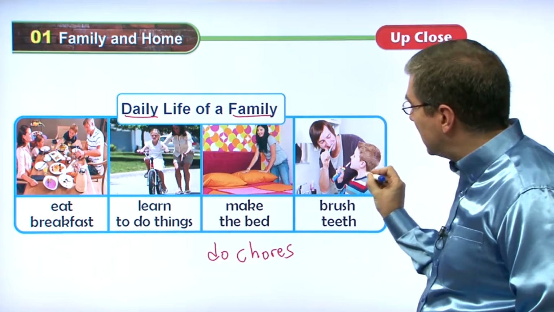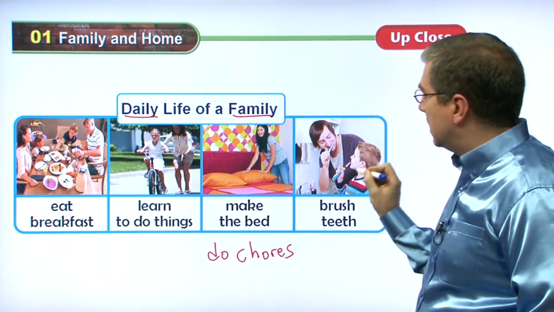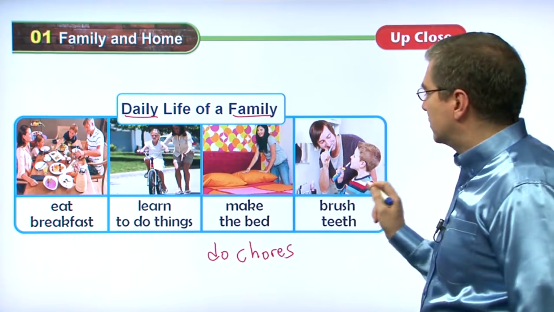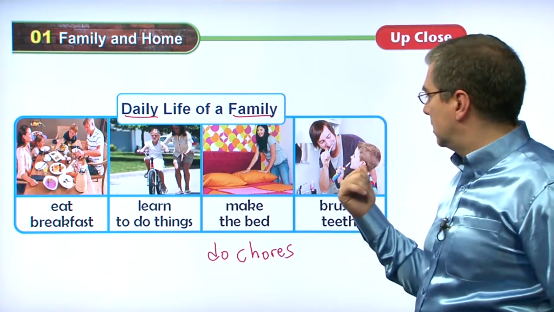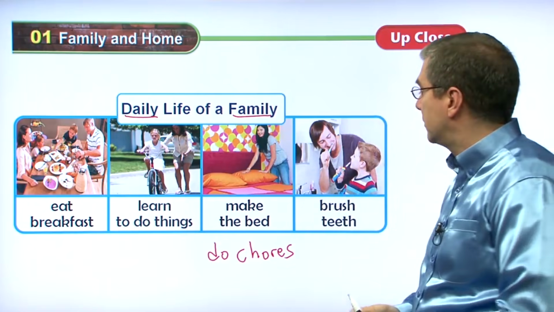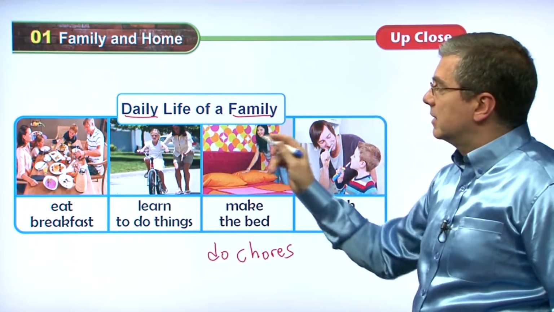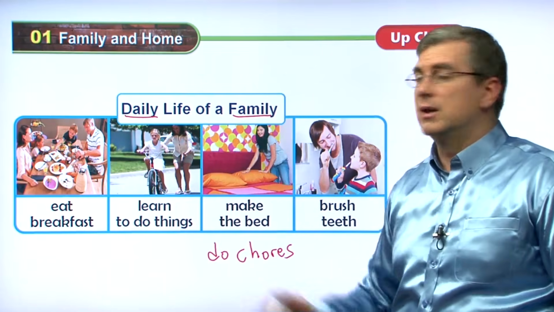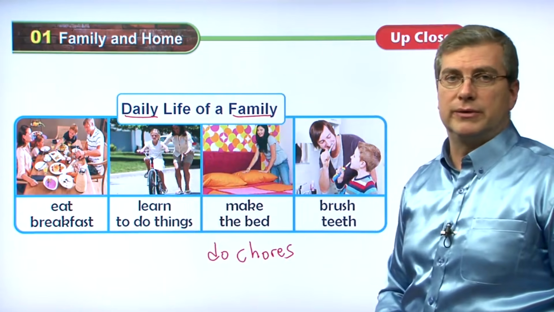He is brushing his teeth. They are not brushing the teeth. They are brushing their teeth. Okay? So brush their teeth, and maybe that's, in the morning they brush their teeth, then they brush their hair. Okay? So these are different things that a family does. Just 4 different things. There's many things that families do together. These are just 4 examples.